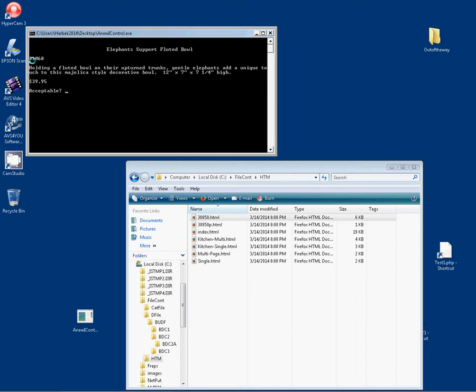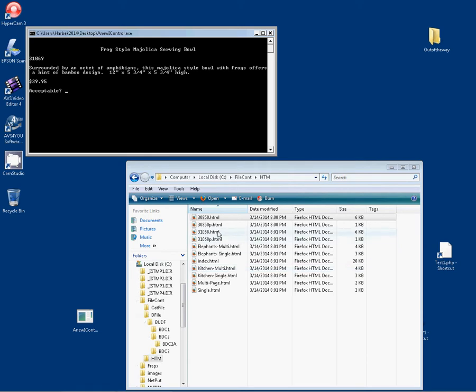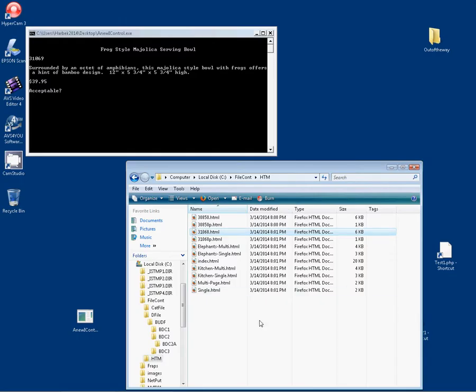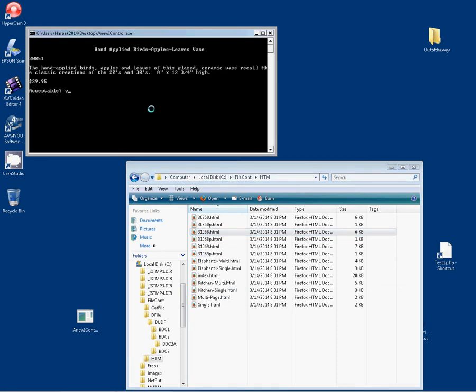Alright, 31068. We'll say yes. Boom. 31068 is now in. Is it taking too long to make the pages? Yeah, not really. So, now that you see that it actually is working and putting the pages in,